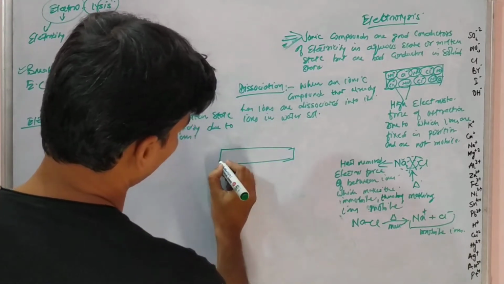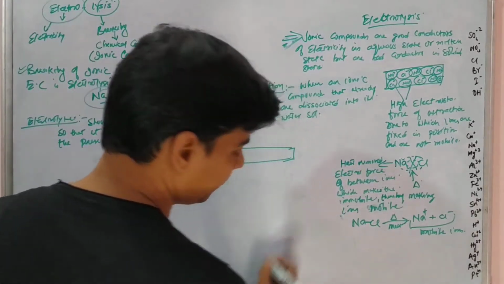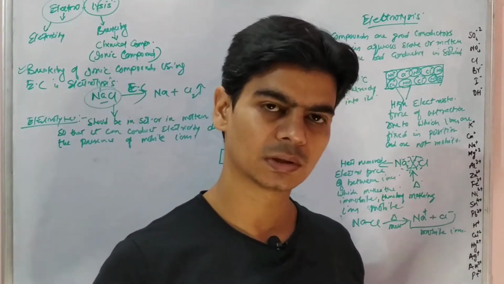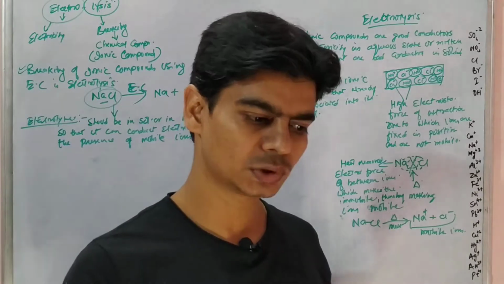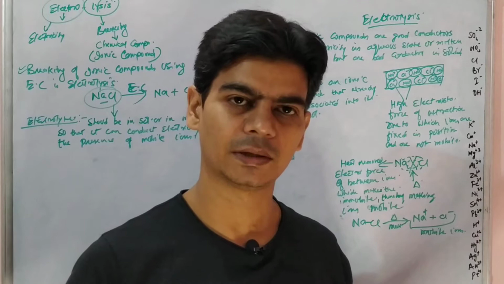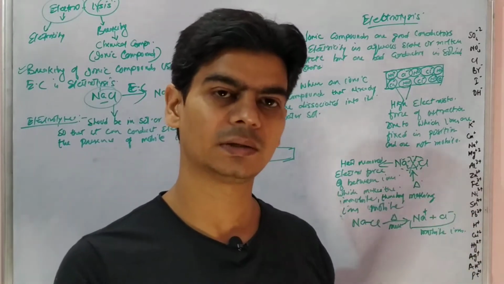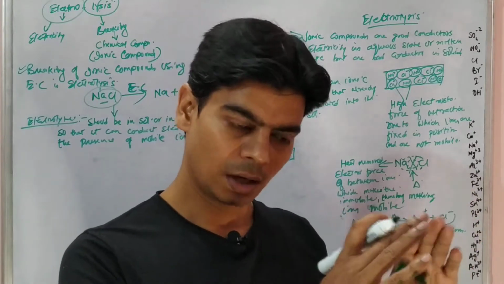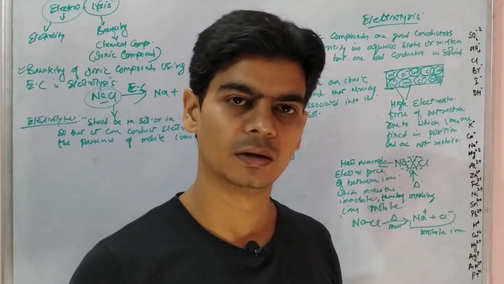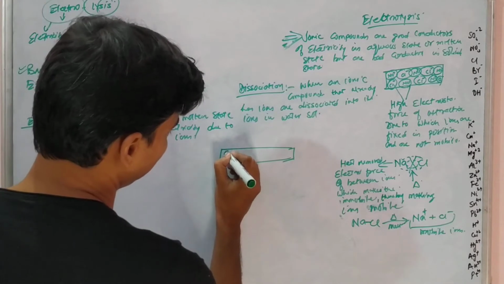Suppose this is an iron rod. Atoms have an outermost shell, and that outermost shell contains electrons. Those electrons can easily be lost from the metal atoms, and it is these outermost electrons that can conduct electricity. It is because these outermost electrons are free to move inside the metal that it conducts electricity. But let's see a little more.